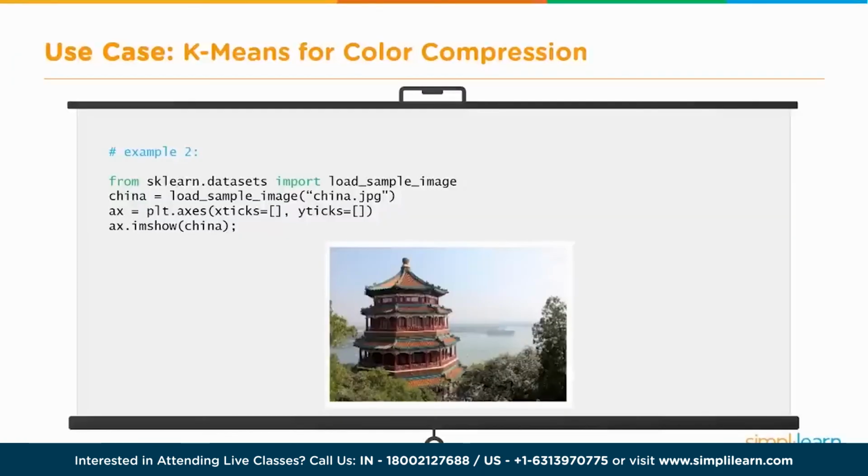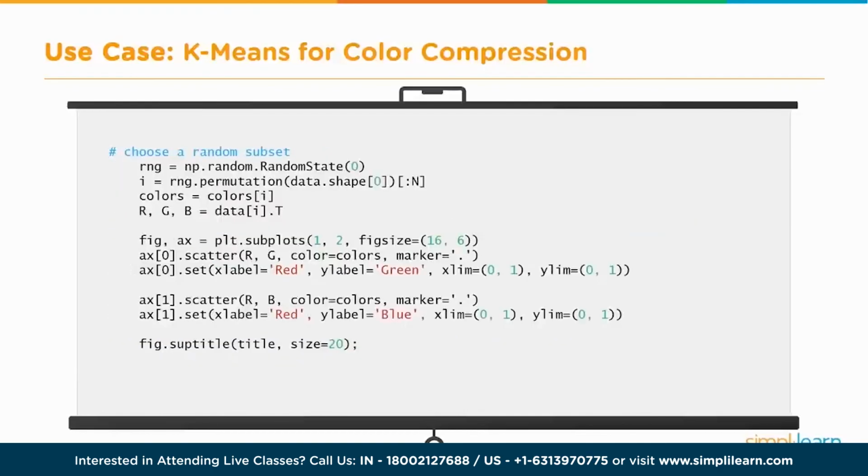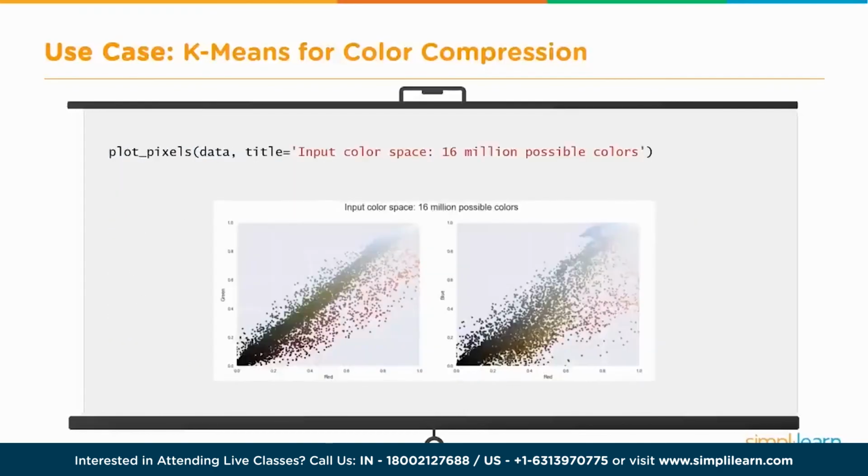In the second example, we will take an image of the Summer Palace in China, and we repeat the same process. This is a high definition color image with millions of colors and also three-dimensional. Now we will reduce that to 16 colors using k-means clustering, and we do the same process like before. We reshape it and then we cluster the colors to 16, and then we render the image once again,